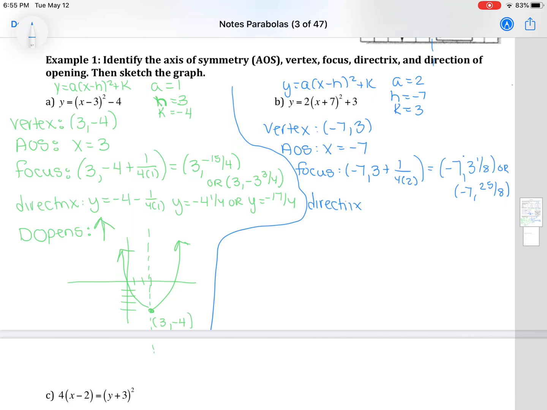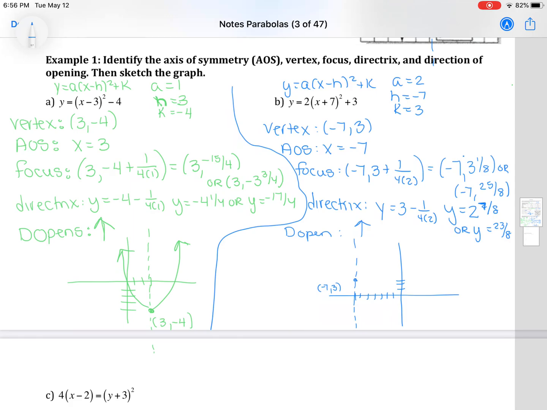For the Directrix, remember that is an equation. So that is y equals 3 minus 1/4 times a value, or 1/4 times 2, so 3 minus 1/8. You can either write 2 7/8, or what you can write is y equals 23/8. And the direction of opening, a is still positive, so it's still going up. So when we plot this one, our vertex, 1, 2, 3, 4, 5, 6, 7, 1, 2, 3, is -7, 3. Our axis of symmetry is at x equals -7, and the parabola opens